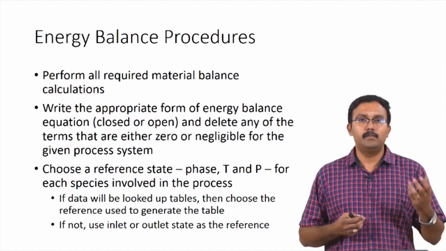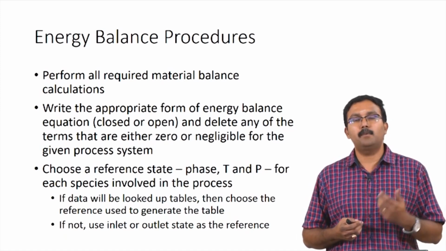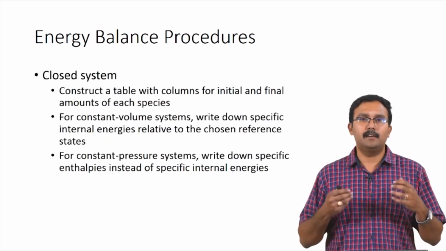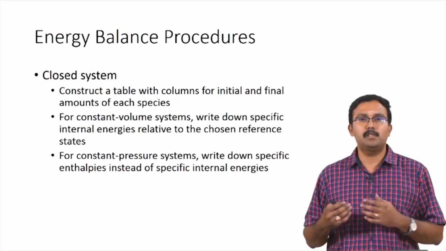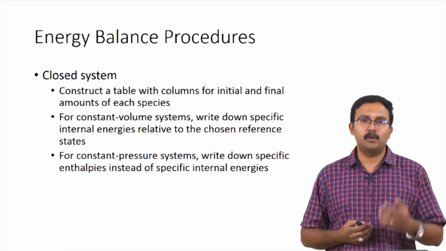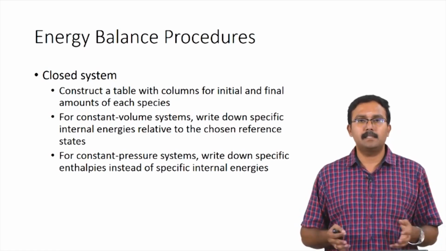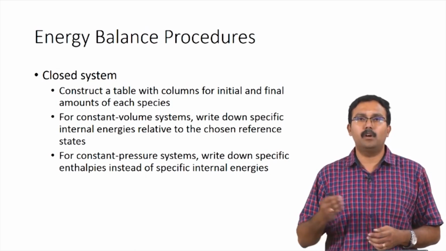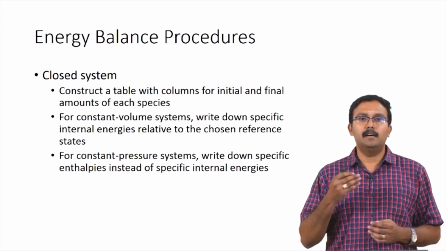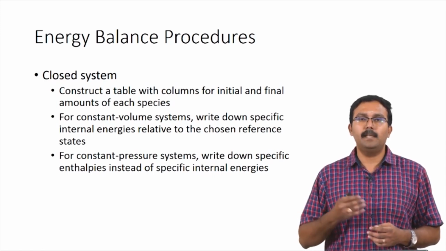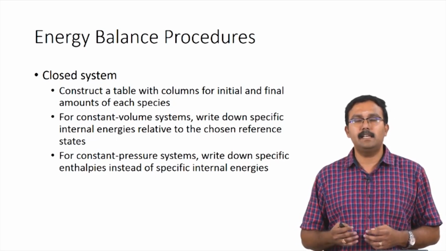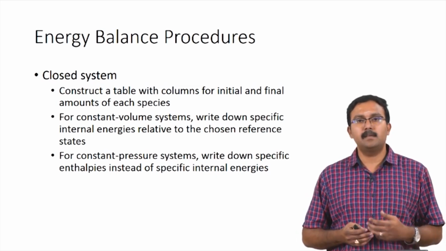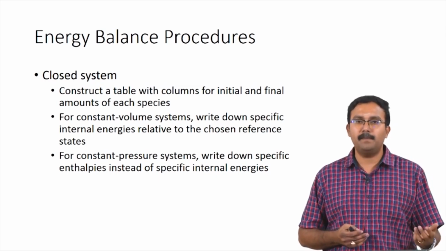This way you can actually lessen the number of calculations you might have to perform. Once you have the reference states, you start looking at the system, which is a closed system or an open system. If the system is a closed system, you would construct a table which has columns for initial and final amounts of each species, and for constant volume systems you will be writing down specific internal energy changes relative to the chosen reference state, and for constant pressure systems you will be writing down specific enthalpy changes instead of